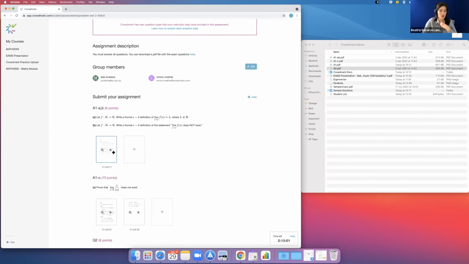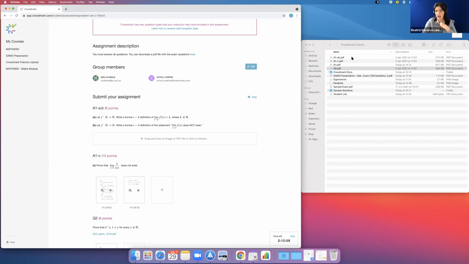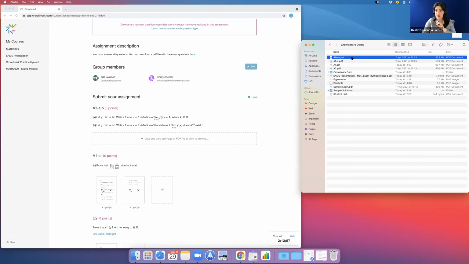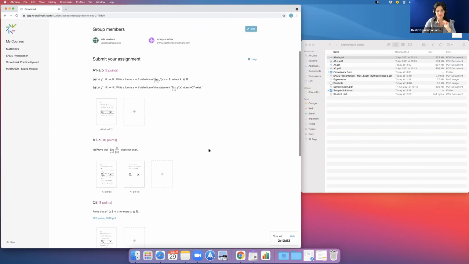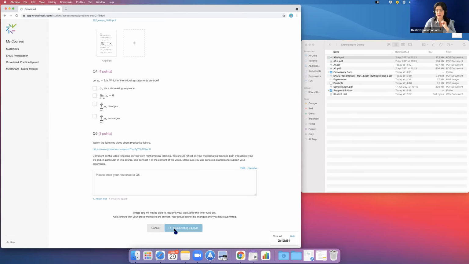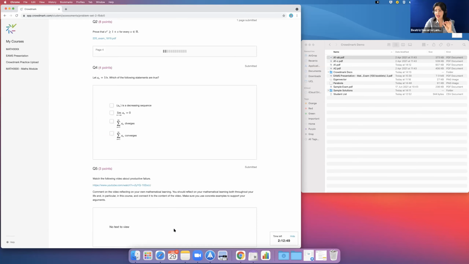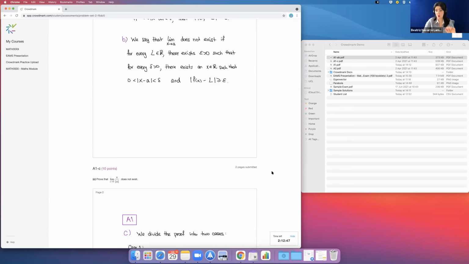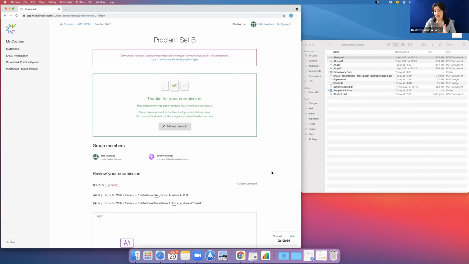And I say, okay, I don't want this file here. I have this other one. This is my new correct answer. So I'll just upload it and click resubmit for evaluation. And they can do this as many times as they want, provided that they still have time left. So that is how it looks from the student point of view. As you can see, it is extremely simple.